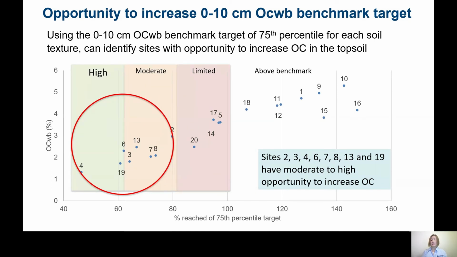So for any site that is 100% and above, this means that it's hit that 75th percentile of the benchmark target that we had, and the opportunity to increase carbon further is limited. I won't say it's not there because we can always tweak systems and we can always get it to go higher, but these soils probably aren't your priority areas if you're looking for a place to start. What we are looking at is probably those blocks or those paddocks that sit below the 80% of areas that have that high to moderate opportunity to increase carbon based on those benchmarks that we have. And it just gives a bit of a starting position for where you might like to be.